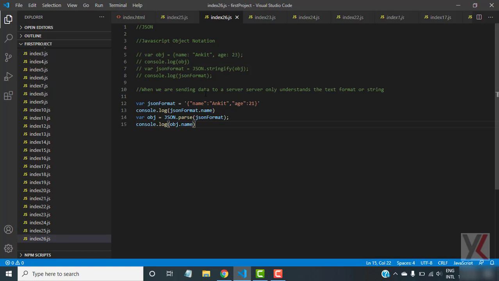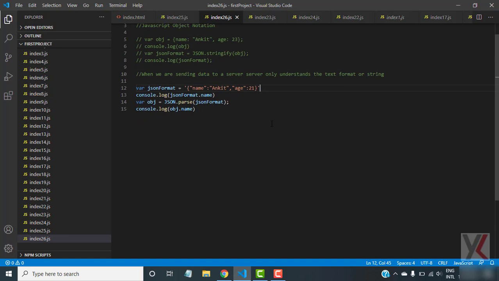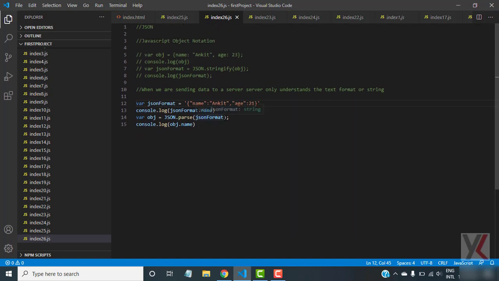Okay, so when we are sending data to a server, it only understands the text format. So if you have the object, convert that particular object to string or JSON format by the stringify method over here. So these are the two methods that JSON provides us. Okay, now